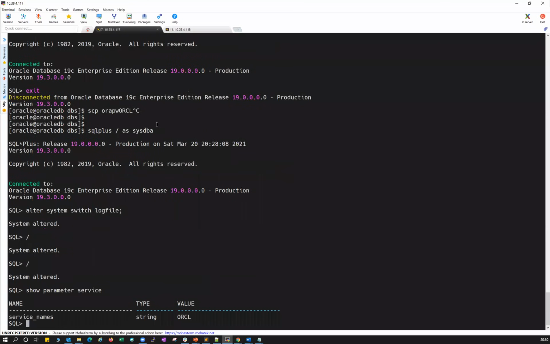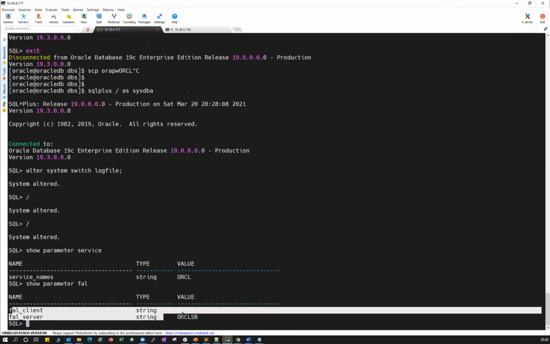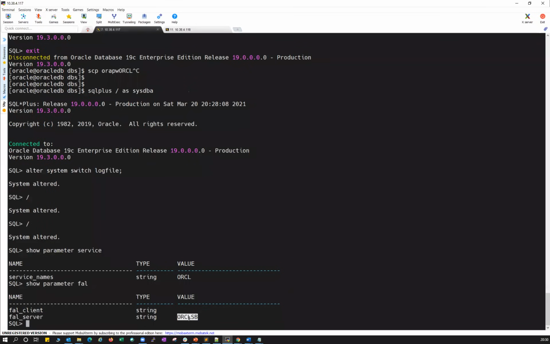So if I go to my production site, show parameter file, there is no file client or file server here. It is only file server set to ORCL standby.